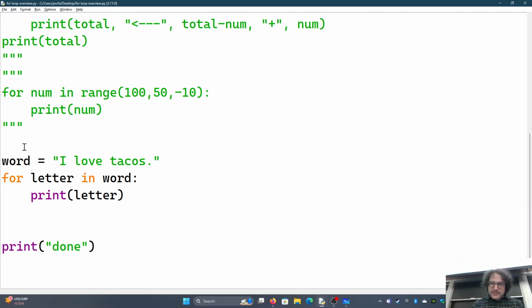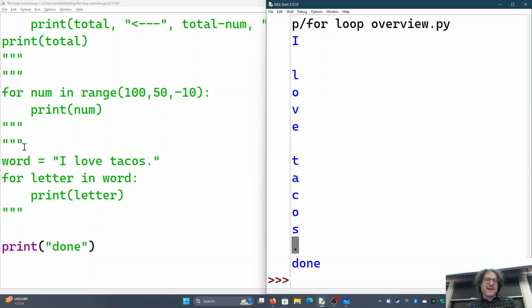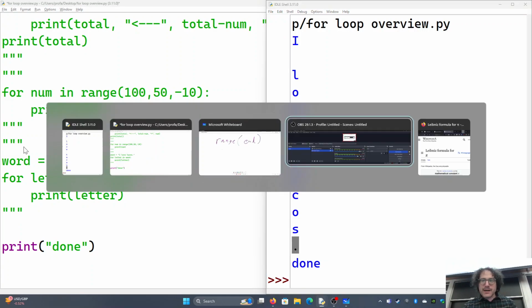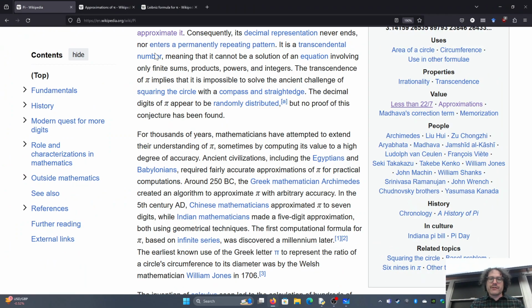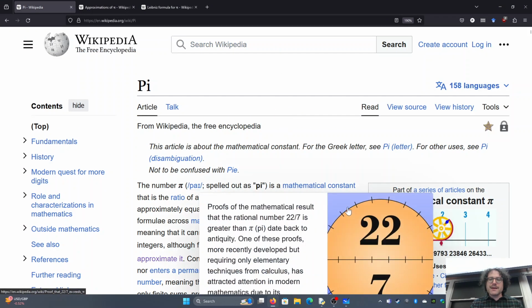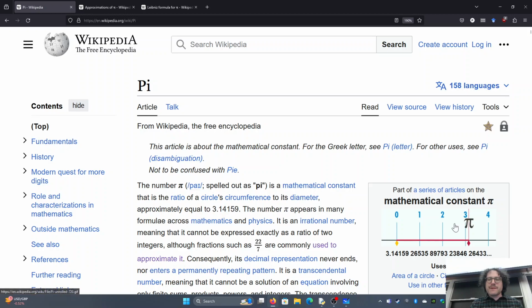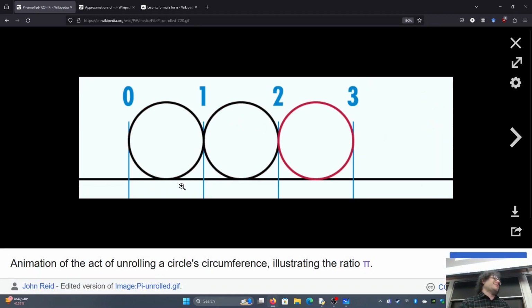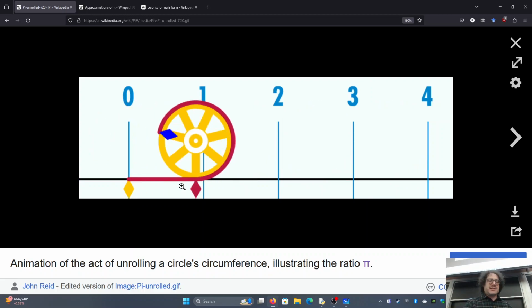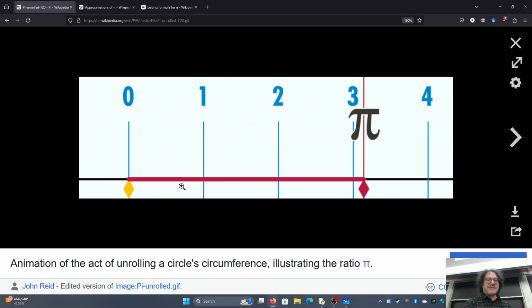So now let's go ahead and make a segue, a step away for about 10 minutes, and talk about pi. Specifically, I'm talking, of course, about the Greek symbol, the number pi. Again, I love Wikipedia. Actually, I don't know if I've mentioned that enough in this class. Wikipedia is fantastic for mathematical and computer science articles. For instance, this is a great representation of